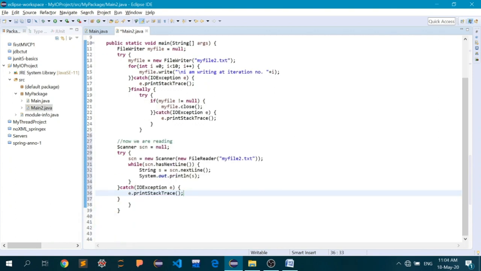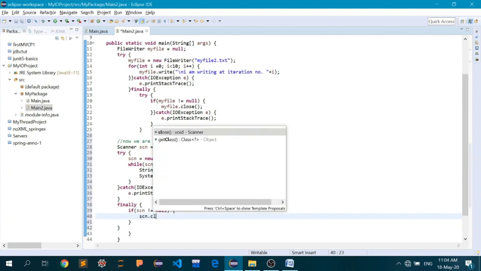Okay, we are done with it, and after this let's insert one more finally, and inside the finally again we're going to use an if block, and if scn is not equal to null, there we have a method called scn.close,